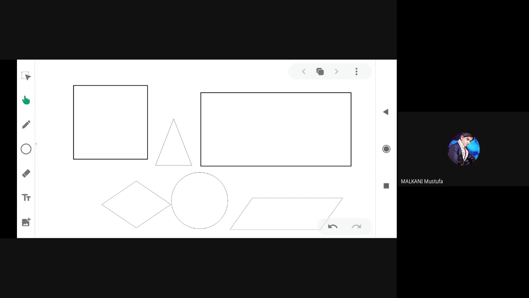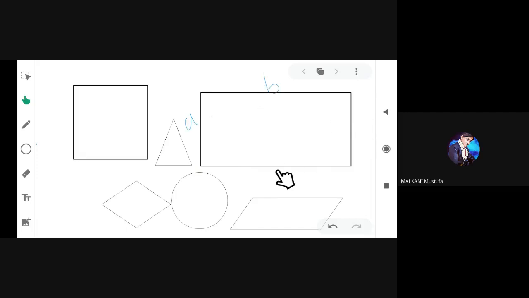Rectangle, you can see the perimeter means border. So border in which rectangle having property opposite sides are equal. For example, the breadth of this rectangle is A and the side length of this rectangle is B. So what is the perimeter? Perimeter means A plus B plus, you know very well, the opposite sides are equal, means this side is also A and this side is also B. So we have to add these four sides, A plus B plus A plus B.